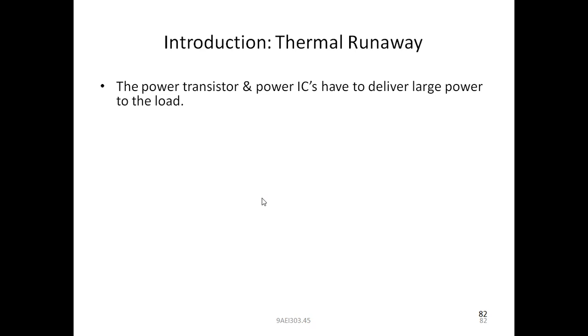At the same time, due to majority charge carriers, there is no chance of flow of current. But due to minority charge carriers concentration, there may be a chance of damage at the junction or breakdown at the junction. So this occurs due to the negative or reverse bias at the junction.